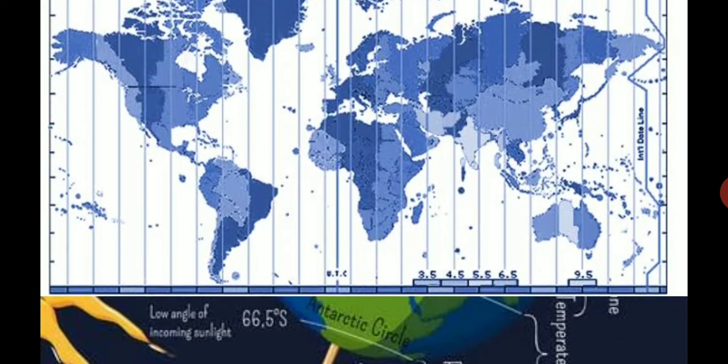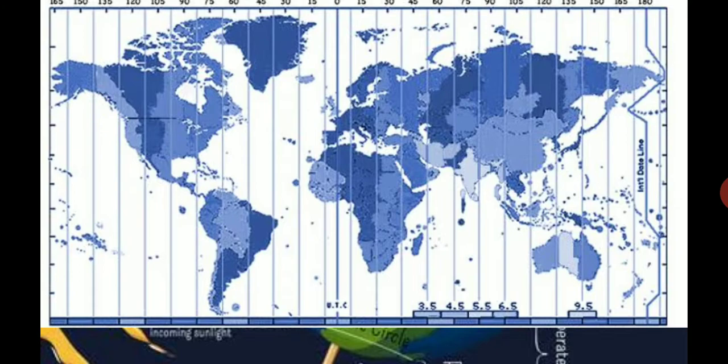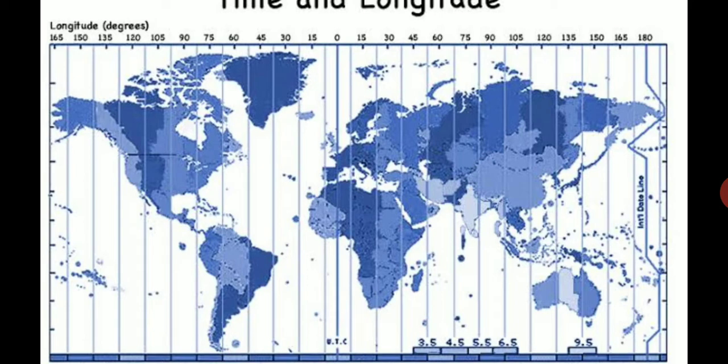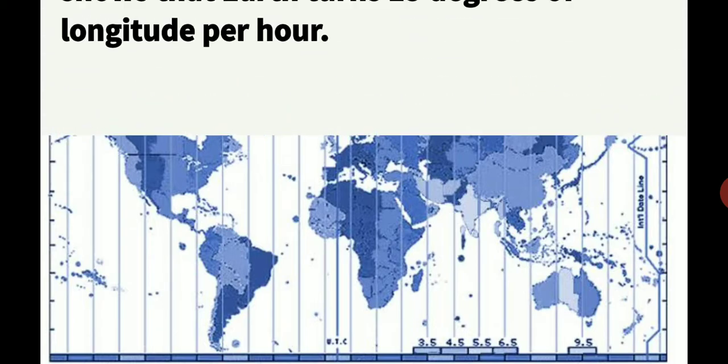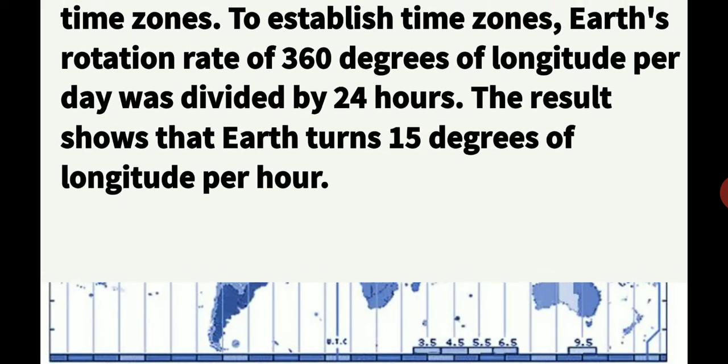So let us check the time zones. These are the longitudinal lines. According to these, the time variations will be there. If we see the east side, 15 degrees, 30 degrees, 45 degrees, 60 degrees, every 15 the numbers are increasing. Each step takes a 1 hour variation. The west side will always be minus from the east if we compare. East will always be ahead of the west.